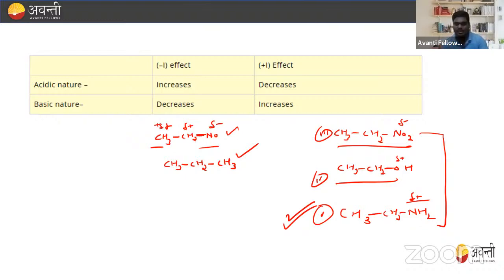I hope this is clear to all of you. That is how acidic and basic nature are related to minus I effect and plus I effect. If you increase the minus I effect, then acidic nature also increases. And if you decrease the minus I effect, then the basic nature increases, right? So acidic nature increases with minus I effect, and basic nature decreases. So this is how we can actually